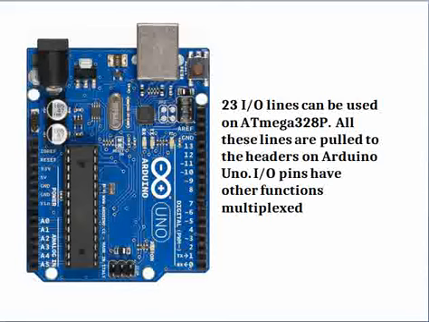General purpose input output, where you can connect switches, LEDs, or use it as a control pin for any external control, for example gate control of a MOSFET. To avail all these applications, basically you can use these 23 GPIO pins. If we see the headers here, all these GPIO pins are pulled to these headers, all the 23 GPIO pins. And one important point we have to see is we cannot use all the 23 IO